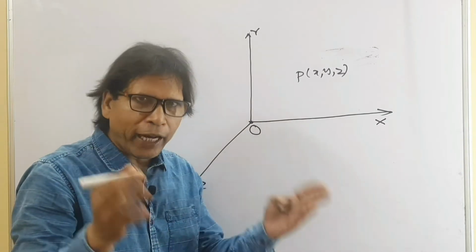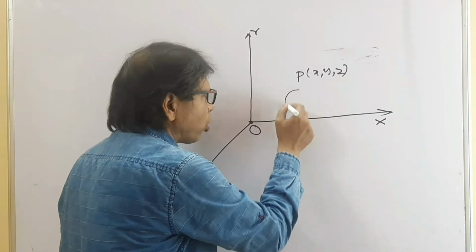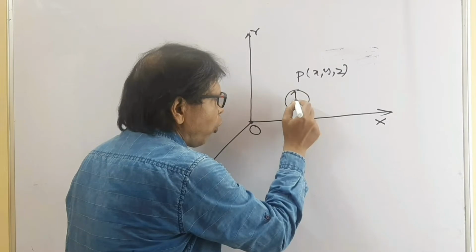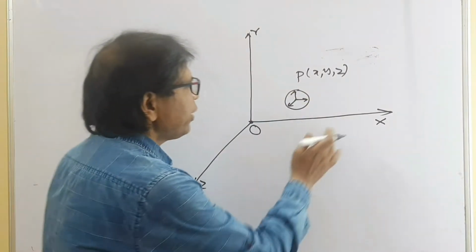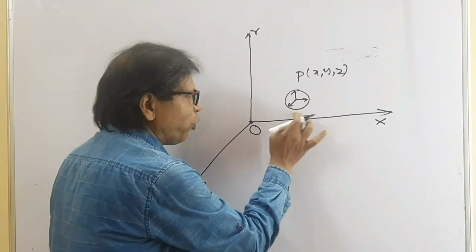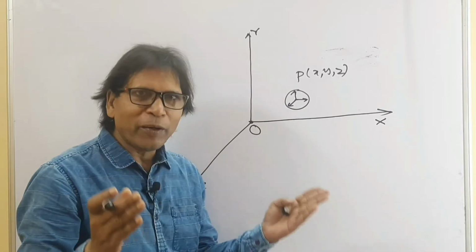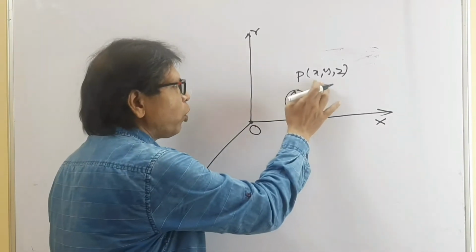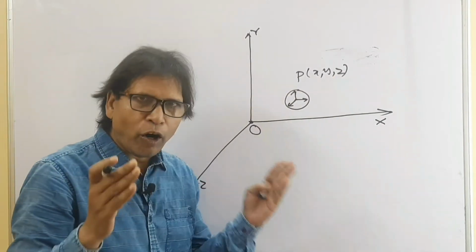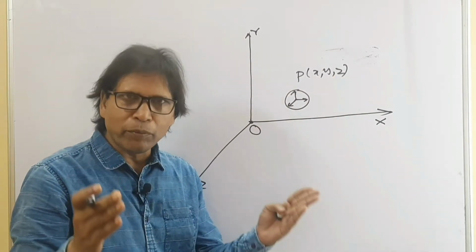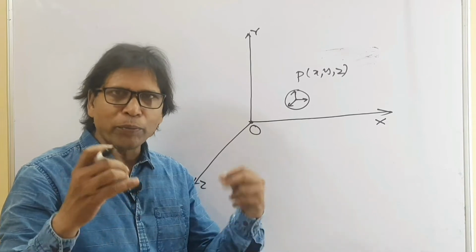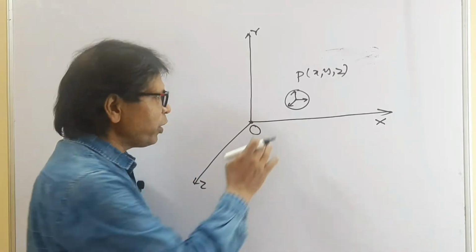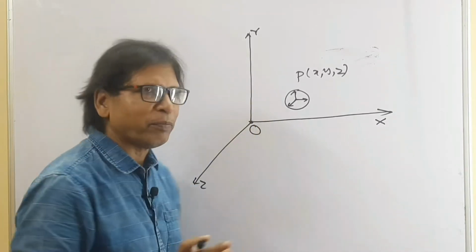Now, to measure time, we position a clock in the coordinate system. The coordinate system along with time is called frame of reference. If one or more coordinates change, then the object is said to be in motion. Otherwise, the object is at rest with respect to the reference frame.